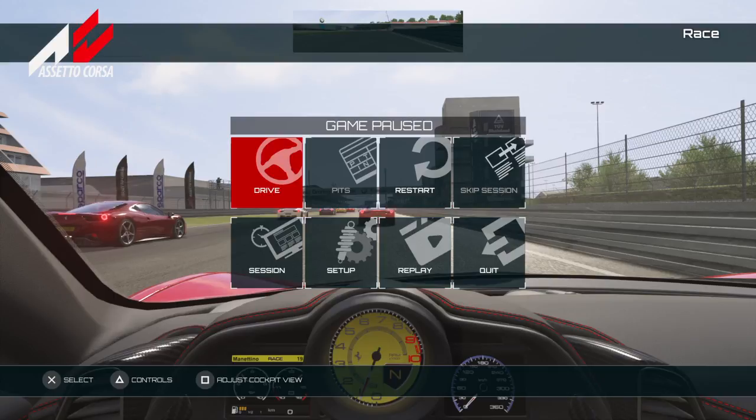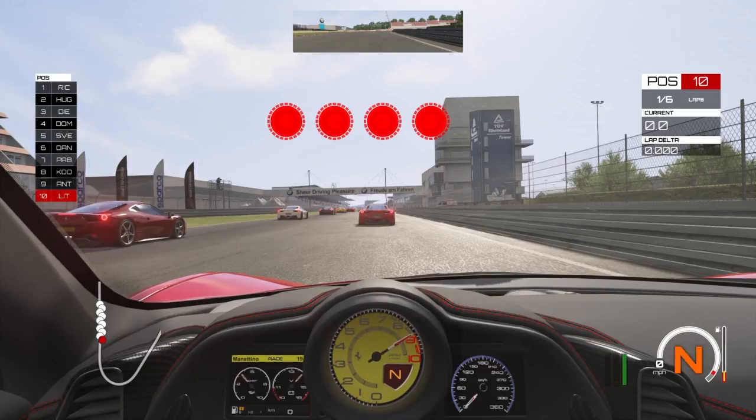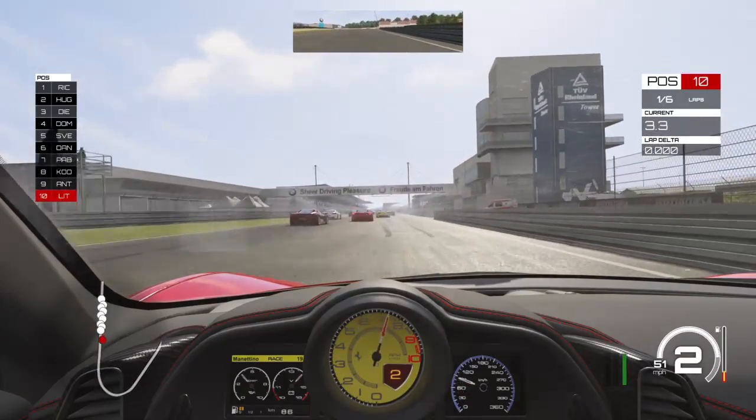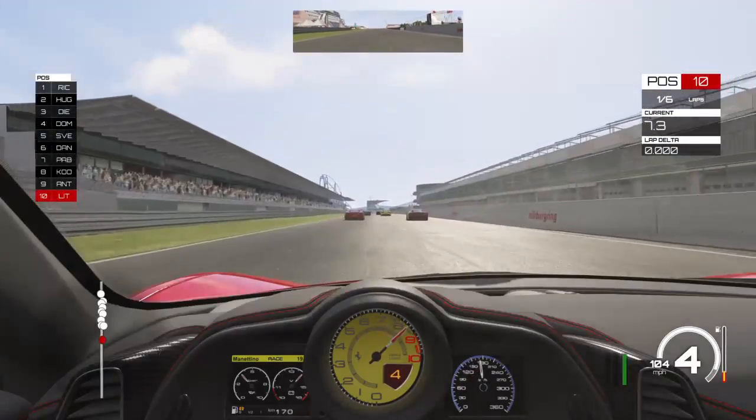So hopefully it should be just as easy as unplugging it and plugging it back in. Uncharacteristically easy. Oh, my traction control is still the same button as it was. There we go. Now that I have unplugged my pedals and plugged them back in,